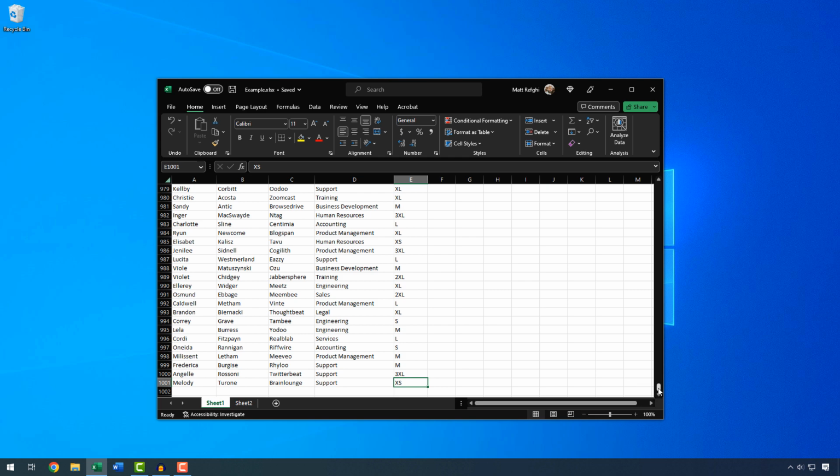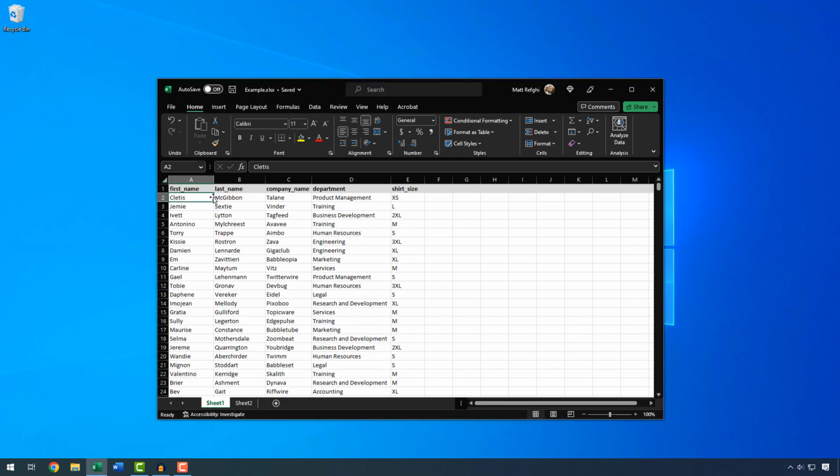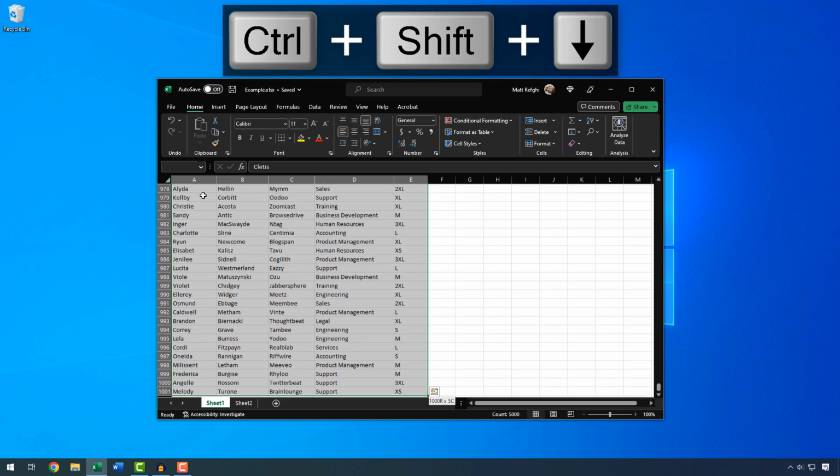So if you go back to the top, for example, and you select the first cell, and then hold shift on your keyboard and use the arrow keys, here I'm pressing to the right, you can see that I'm able to select cells. So I'm going to select all of these cells. I can then press down to select more cells, but that's not what I'm here to show you. I'm here to show you that if I just select the first row, and then while I'm still holding shift, I press control, and then press down on the arrow keys, it selects everything.